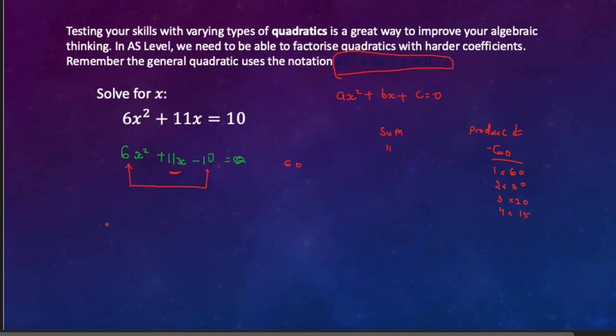So we come here to our equation, 6x squared. Now instead of 11, we are going to substitute this part with the factors that we chose. So we have plus 15